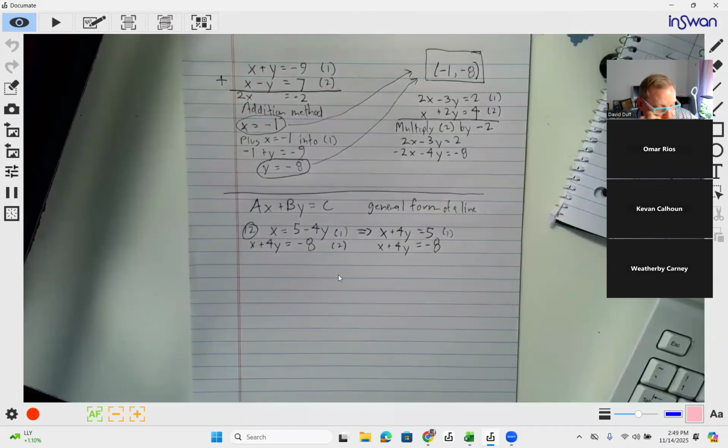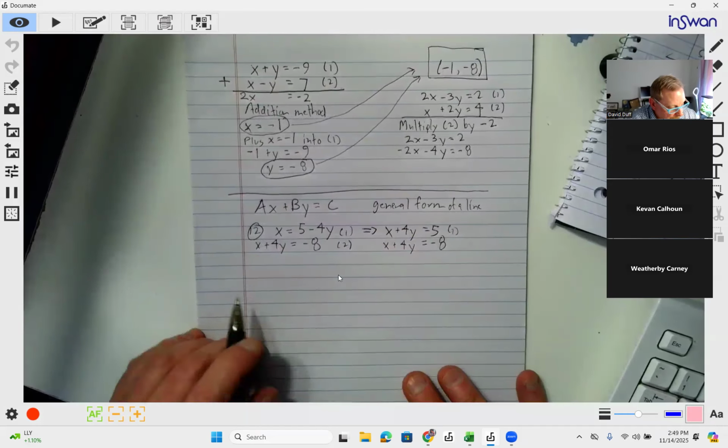These are parallel lines. How do I know they're parallel lines? All right, so